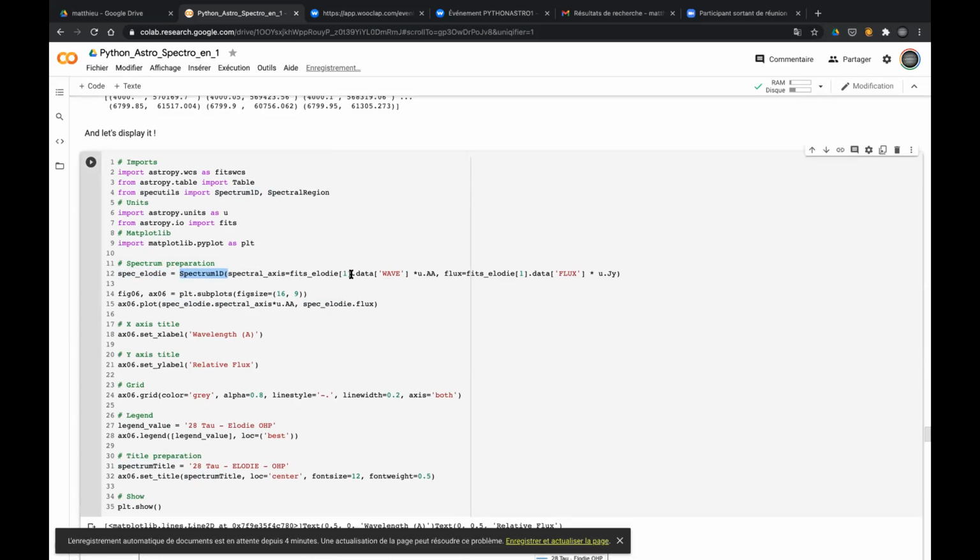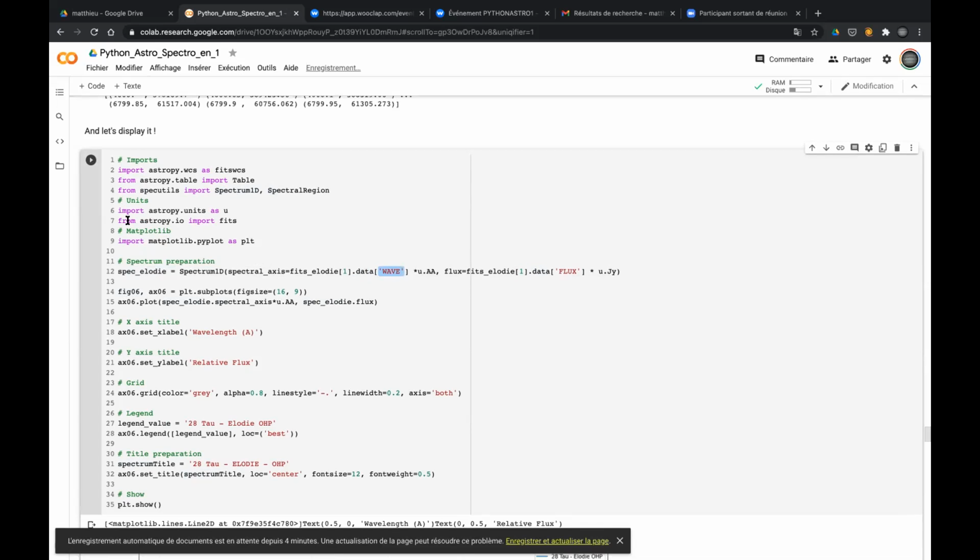We use only data, and we have the keyword wave and the keyword flux. So I have just to create a figure and plot it. And okay, we have the spectrum with a big emission on two lines. It is not the same date